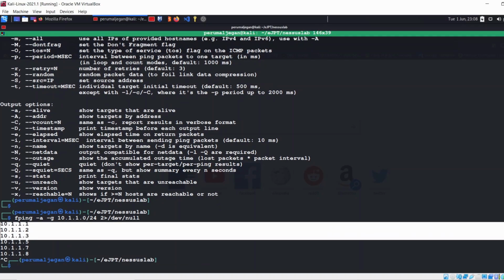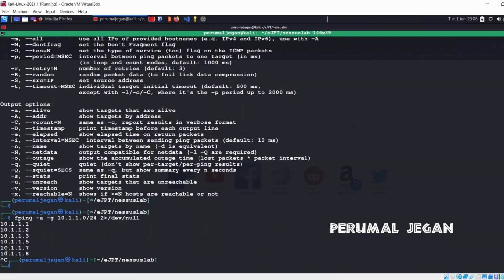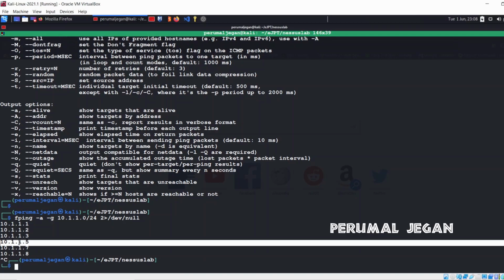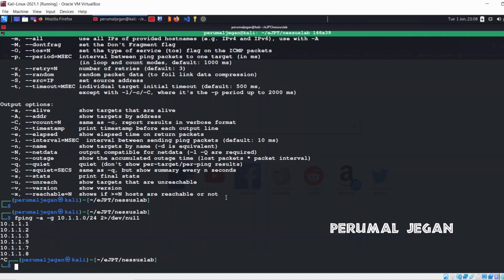The first three hosts are my VirtualBox hosts, so ignore those. 10.1.10.17 is the local machine. So my targets are 10.1.10.15 and 10.1.10.18. So these are my targets. First of all, we fixed our target. The next thing is we have to know the open ports on those hosts. For that we have to use Nmap, but I already ran the Nmap scan, so let me show the outputs to you straight away.